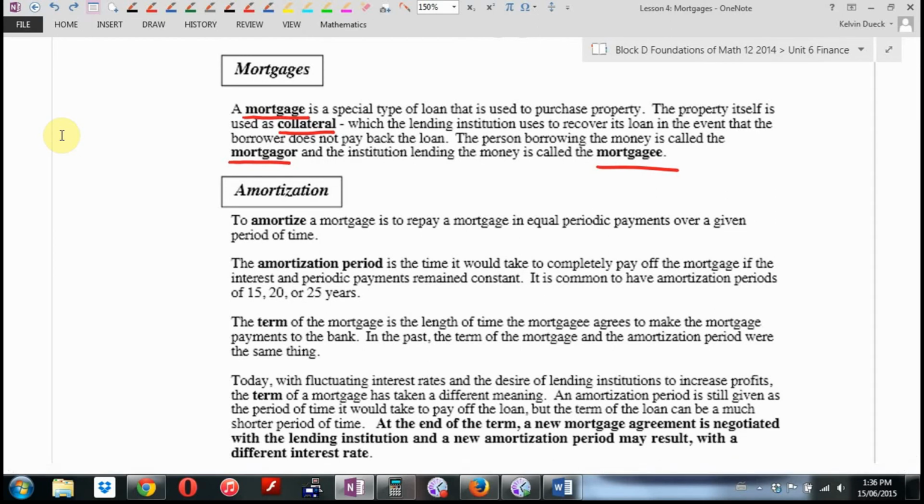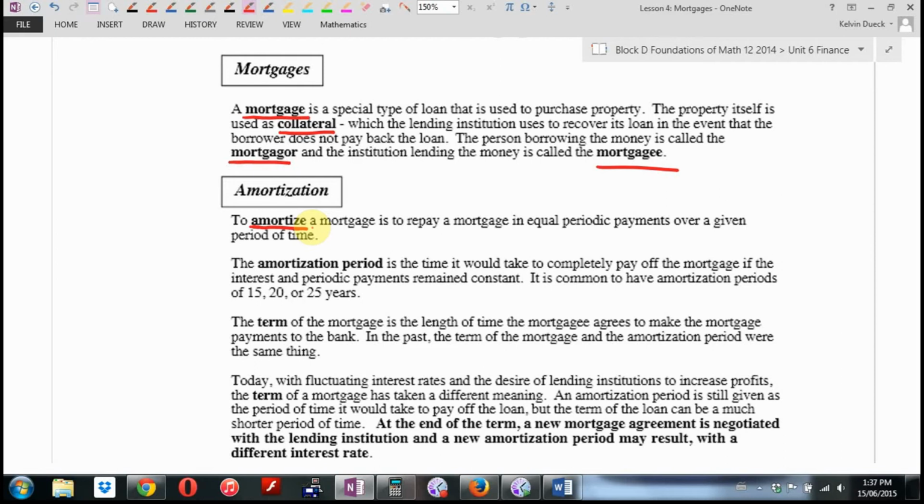Amortization. So, to amortize a mortgage, guys, put it away. Okay? I think it's mine, is it not? Yeah, Darren, can you put it away completely so it's not a temptation? Thank you. To amortize a mortgage is to repay a mortgage in equal periodic payments over a given period of